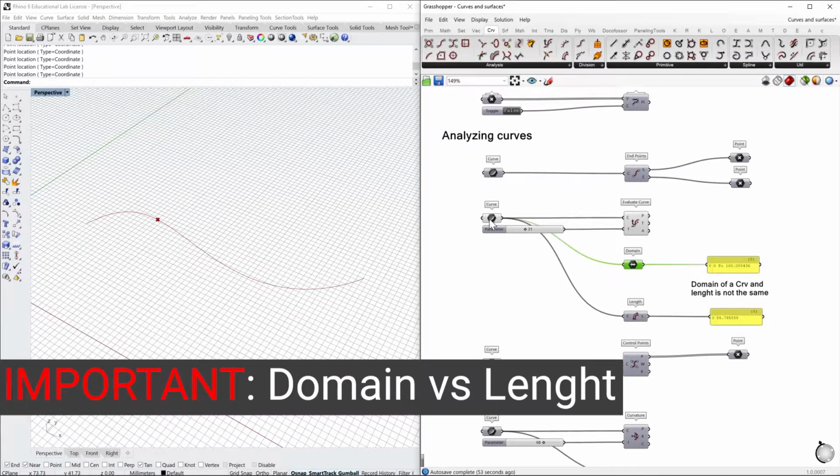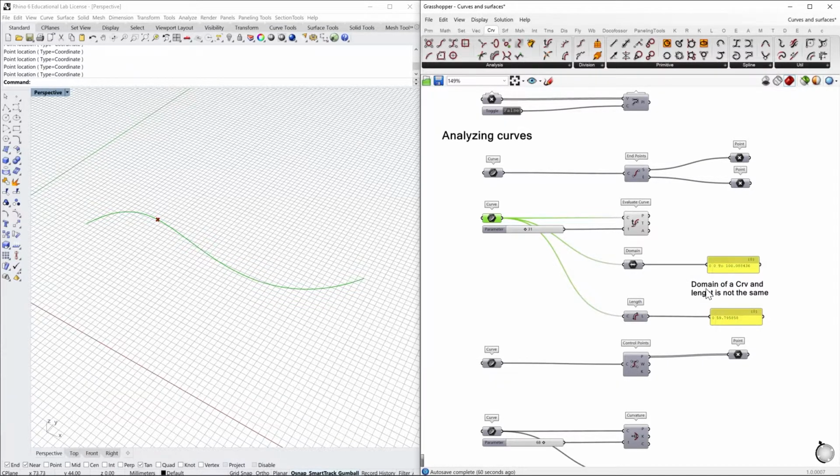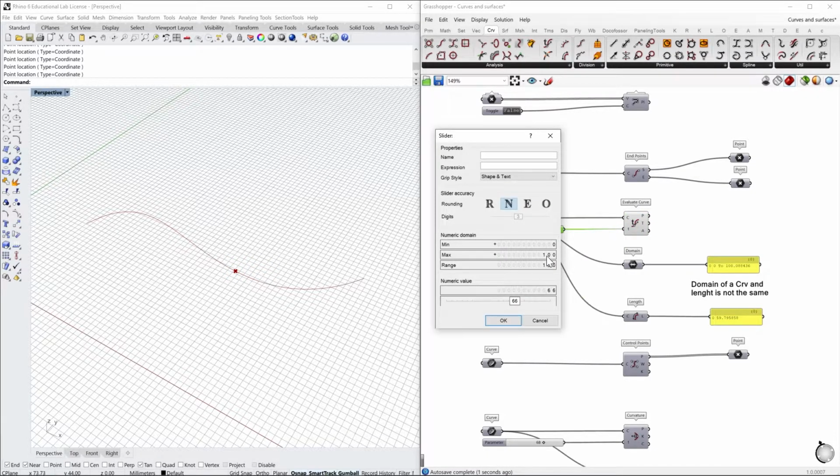As you can see, we have a curve, and the domain goes from 0 to 100 something, but the length is 59.79. This is very important because at the moment of evaluating the position of this point on the curve, it can happen that we have a different